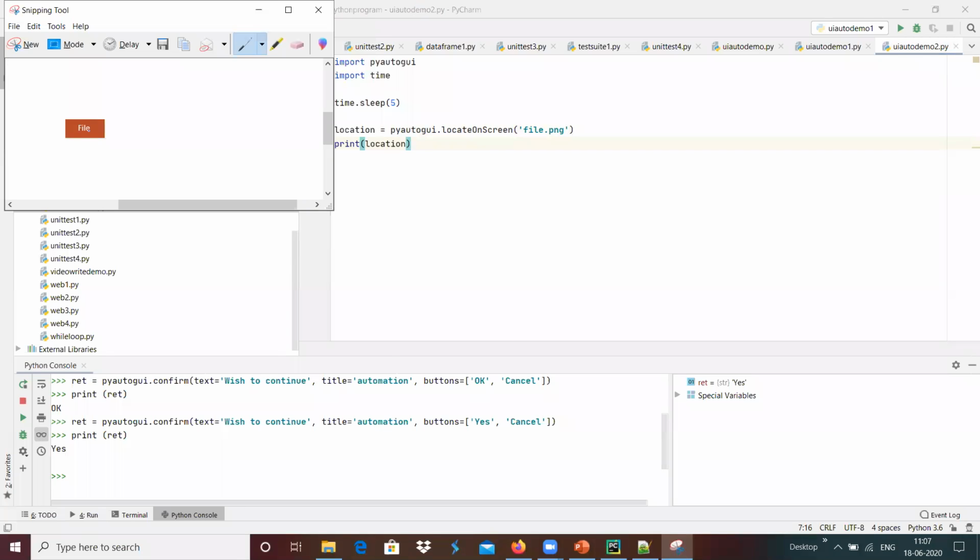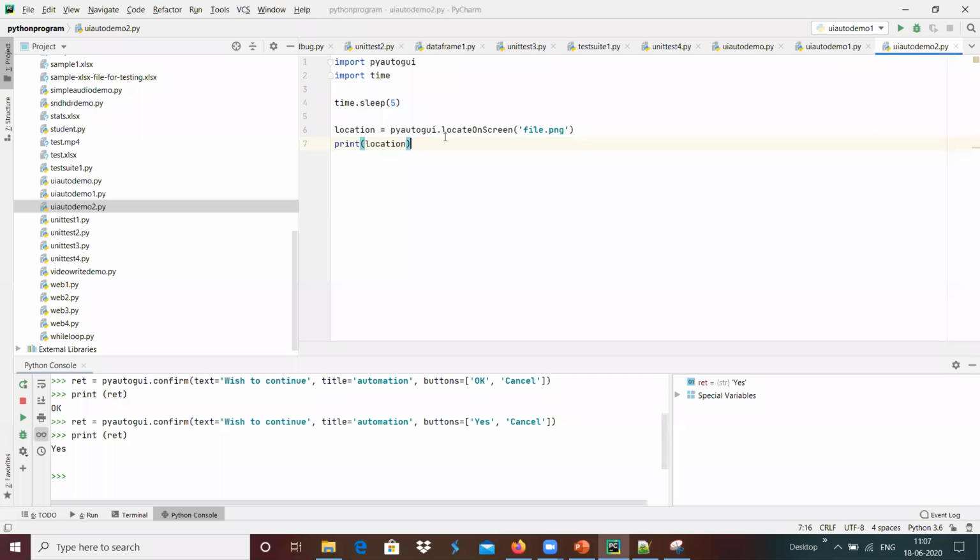This is the one. Basically, this file content is going to be checked across the complete screen area, and it detects the location where this kind of button or this kind of image is present in the current screen.